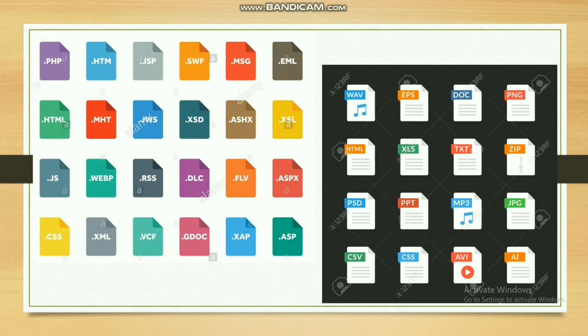XLS may be Excel sheets, PPT is a PowerPoint presentation, MP3 is music, AVI is music with video, and there are so many types of files, and a few you have learned. All these extensions have their own significance when considered with the application programs in which you are developing